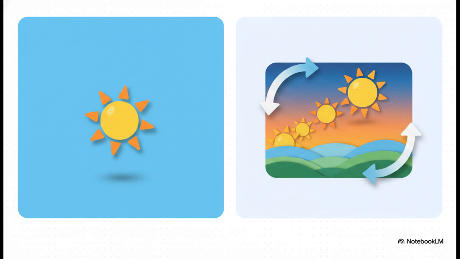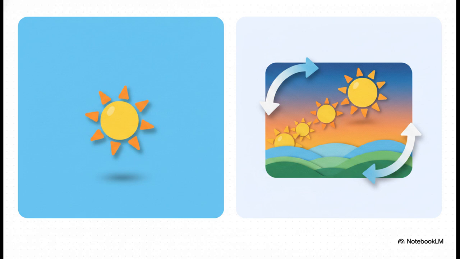An observation is just static. The sun is out. It's true, but it doesn't really give us any predictive power, does it? A pattern, on the other hand, is dynamic. It's continuous. The sun rises every morning. That shows repetition over time. Our goal as educators is to pull students away from those isolated, one-off observations and really guide them toward recognizing